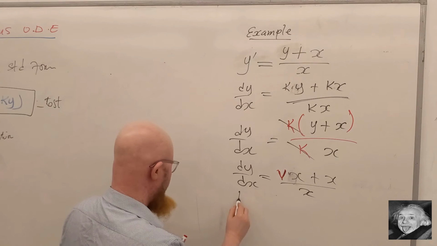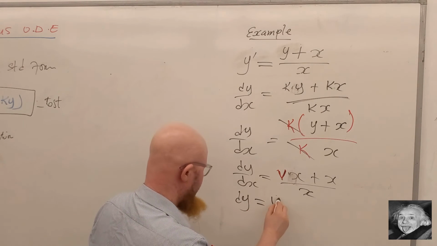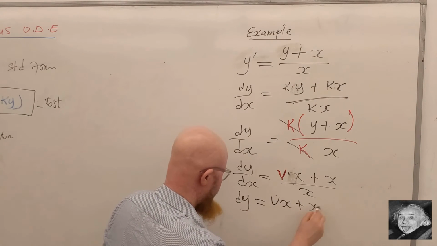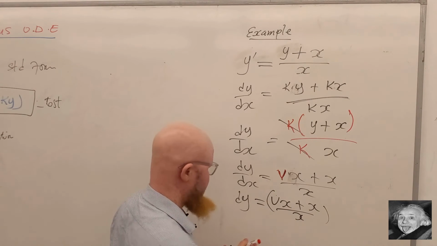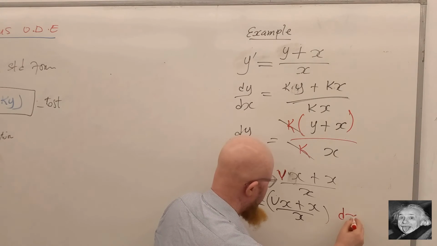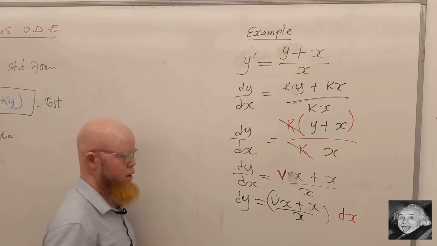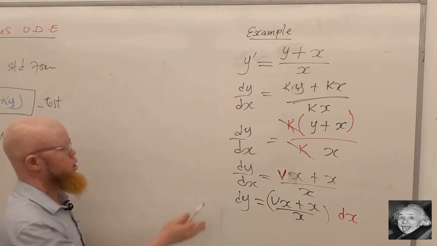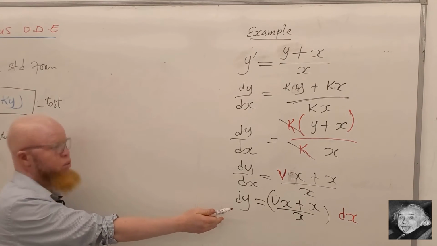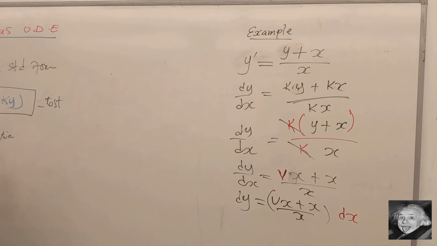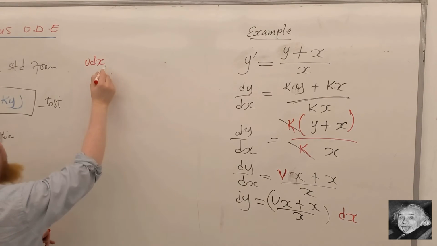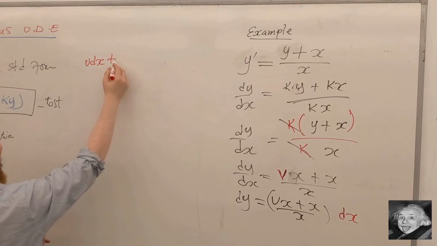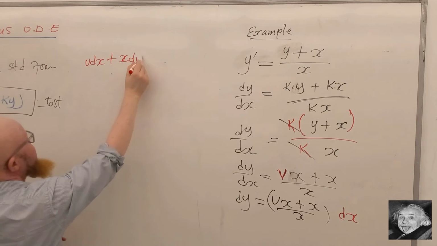So it will be dy is equal to vx plus x divided by x multiplied by dx. Now let's proceed. And this dy, we said we are going to substitute with v dx plus x dv,